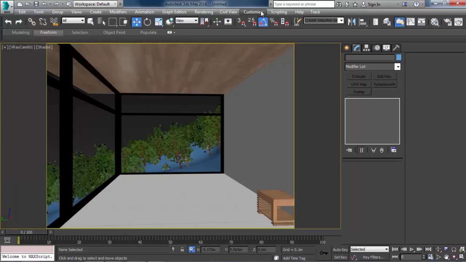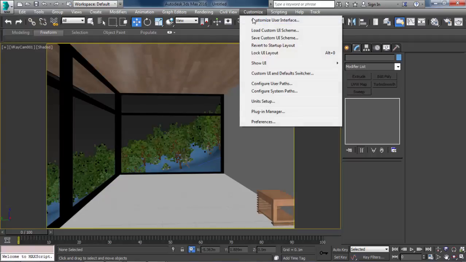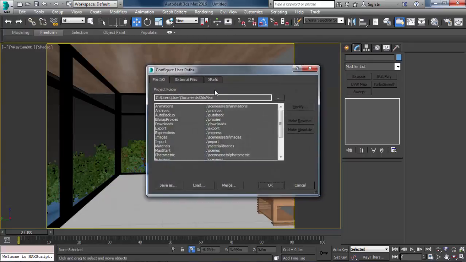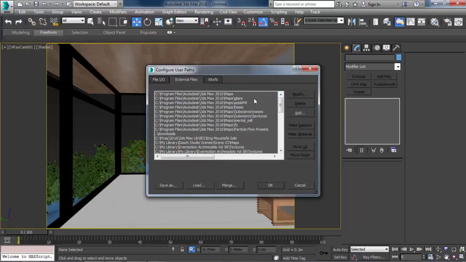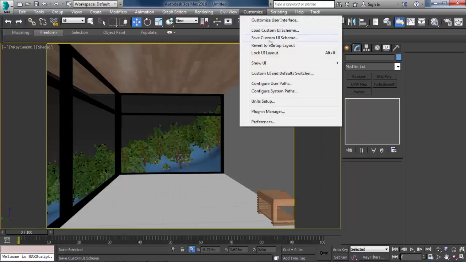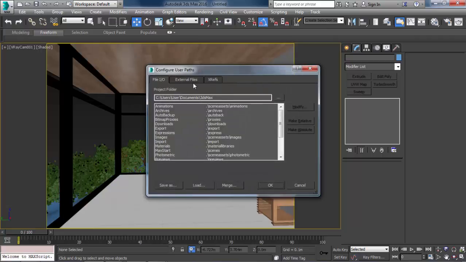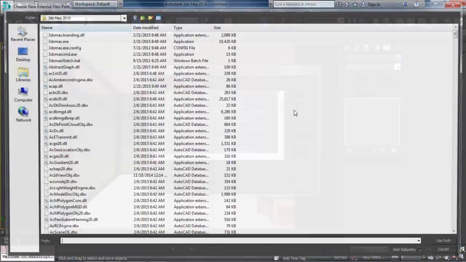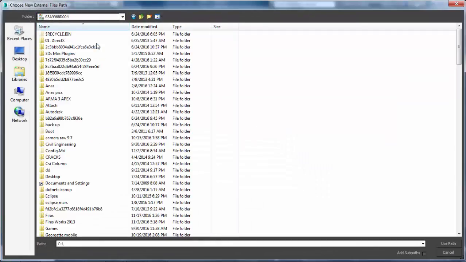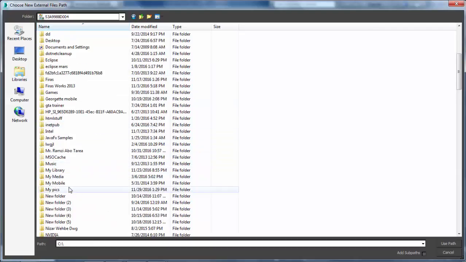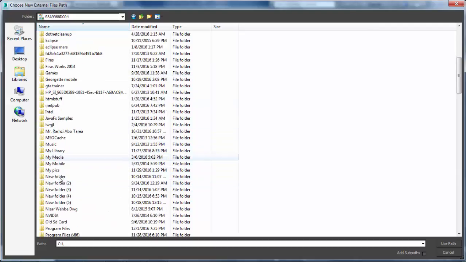Before we merge it, just make sure that you have the folder that contains the materials here in the user path. Just come here from Customize, Configure User Paths, External Files, Add. I'll go to where I have the bed. After you download it, you'll have to unzip it.